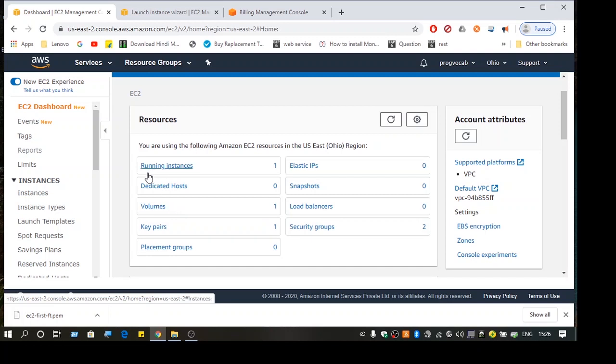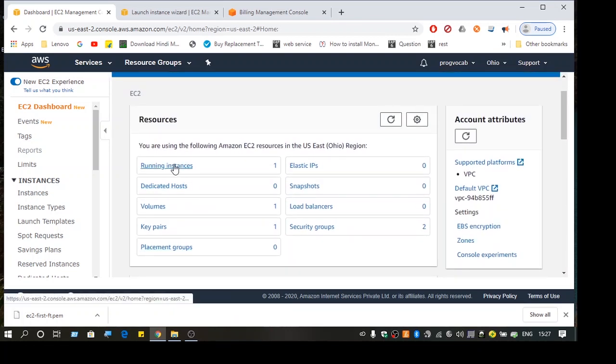Elastic IP is 0, dedicated host is 0. So this page, you can use it to monitor your instance also. Let's say you have stopped an instance, and then here if you see a running instance, that means your instance is not stopped and you may be charged for it.